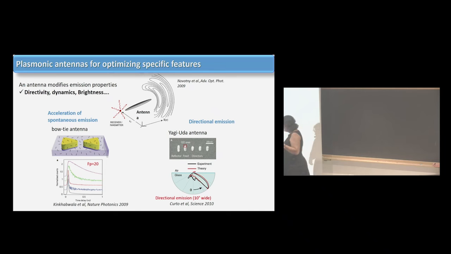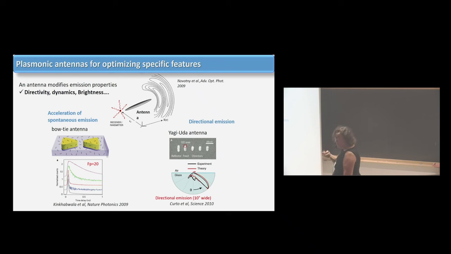So, in fact, on antenna, we discussed a lot of this, and what it is. There are many definitions of antennas. And one of the definitions says, okay, you have an emitter, which is a single emitter, or not, and you want to transmit in the far field the emission. So what I discussed just before is how you can locally modify the response of the nanostructure when you look just very close to what you consider the surface of the cavity, of the plasmonic cavity, or the antenna. The question that we will address here is how you can use an antenna in order to work far.